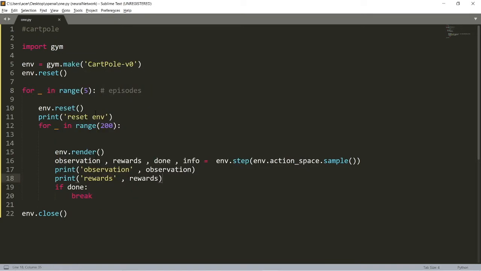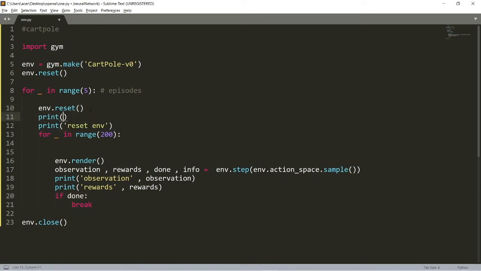And yeah, episodes are basically like every time you're done, you break out of the middle of this for loop and you start a new episode by resetting the environment. Also, you can ask what this reset function does. It also gives you an idea about